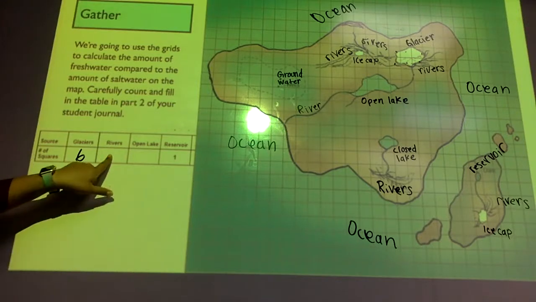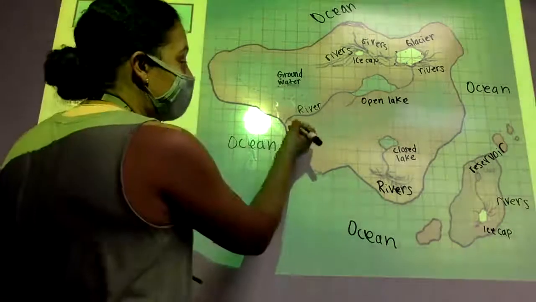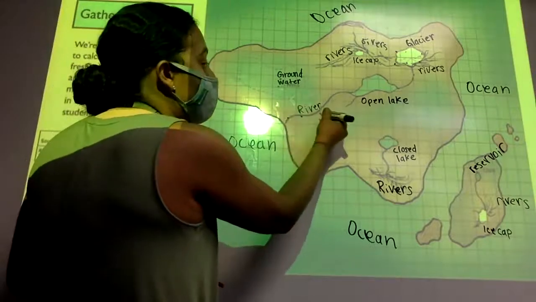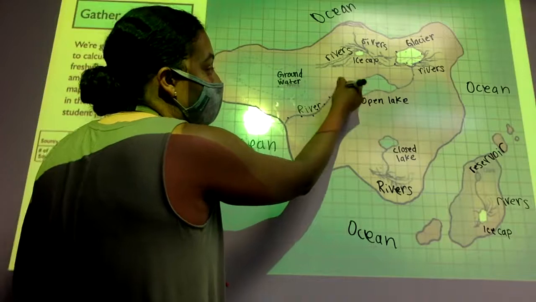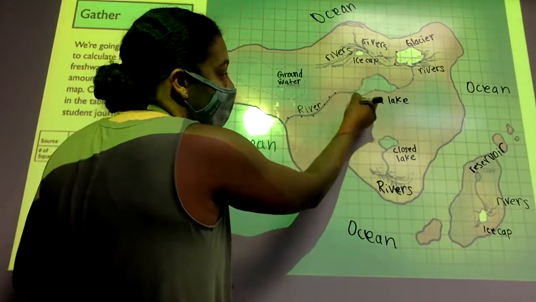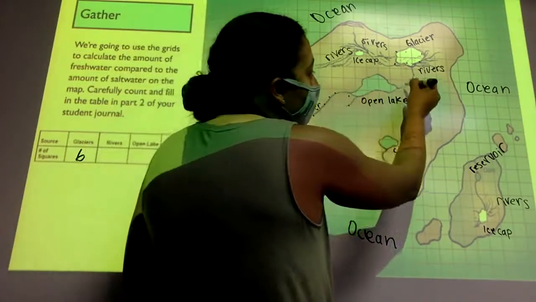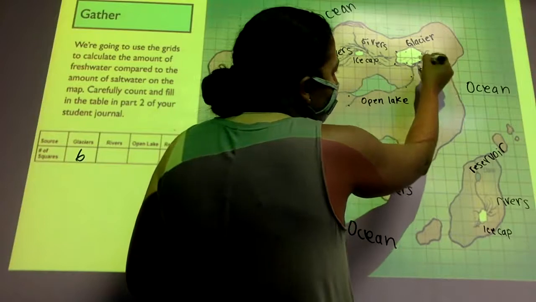Stop playing with your sharp. You're gonna break it. Okay, rivers. So let's count how many grids is rivers. All of them. Ready? Okay, so I'm going to start right here. 1, 2, 3, 4, 5, 6, 7, 8, 9, 10, 11, 12,